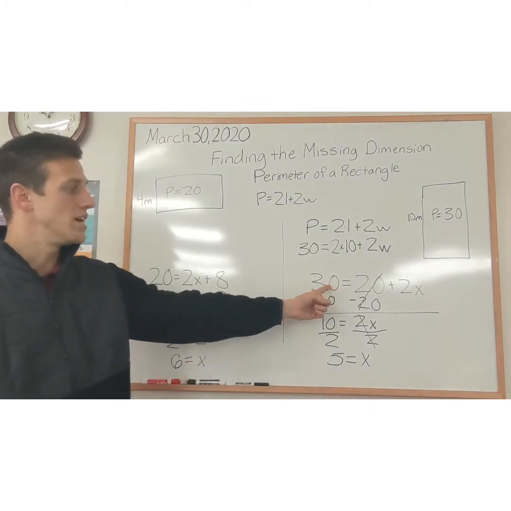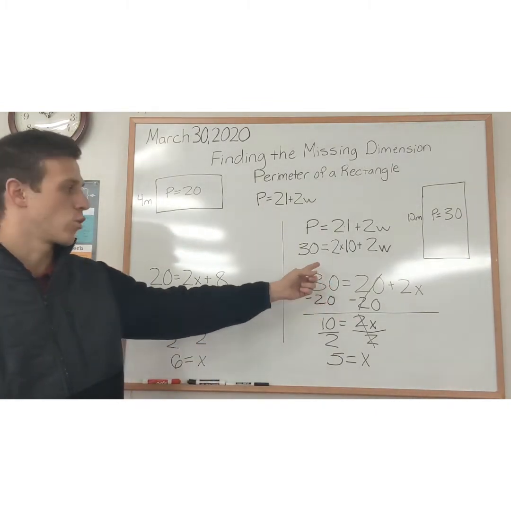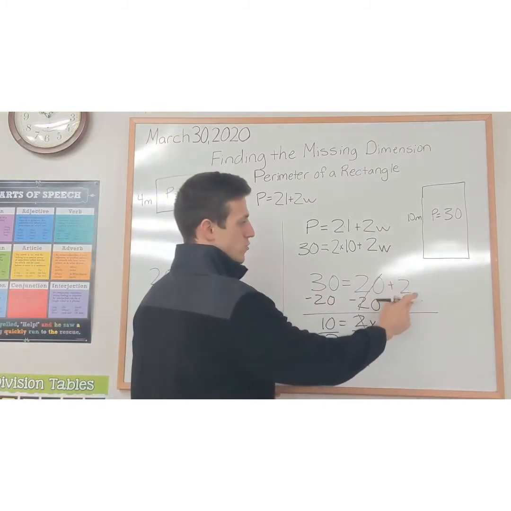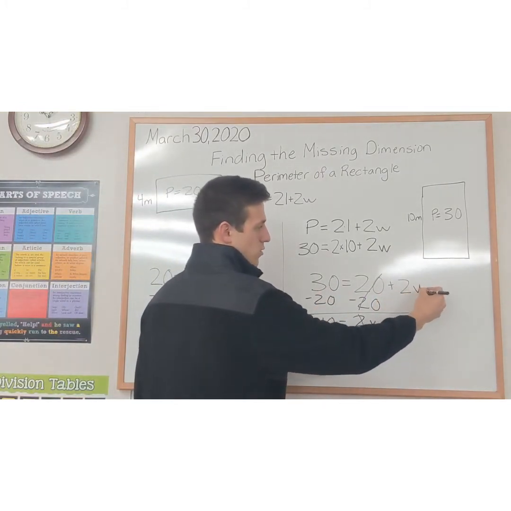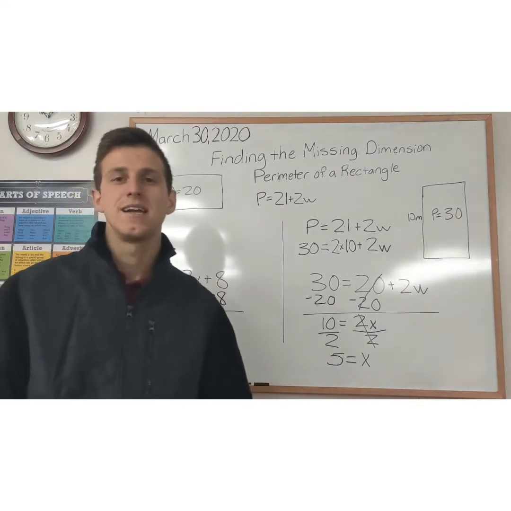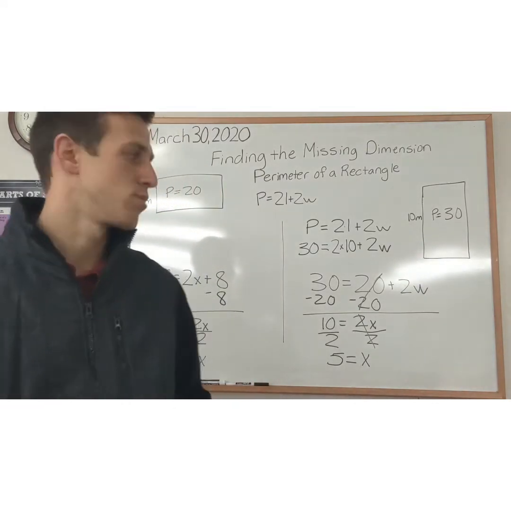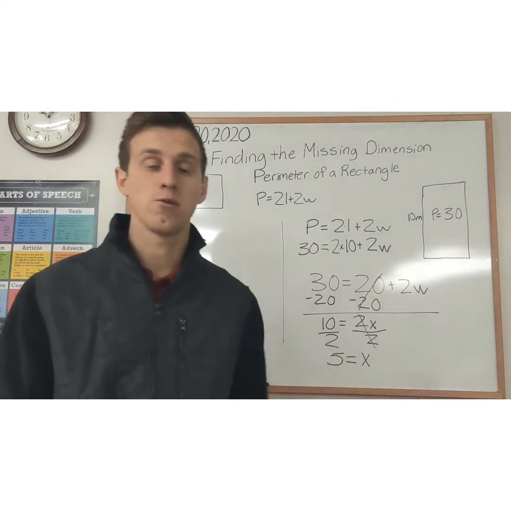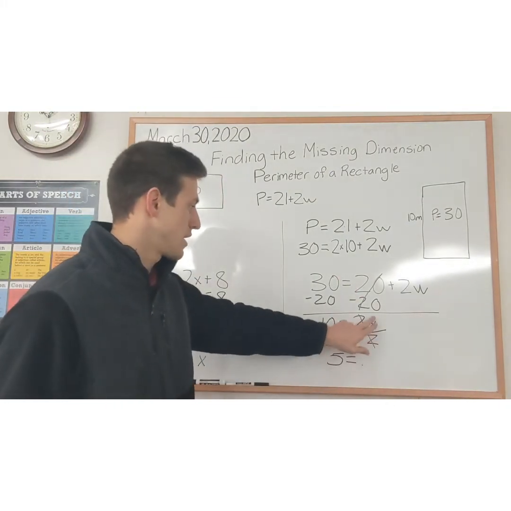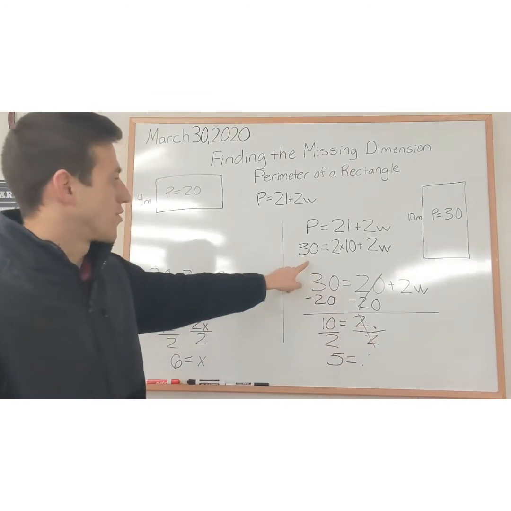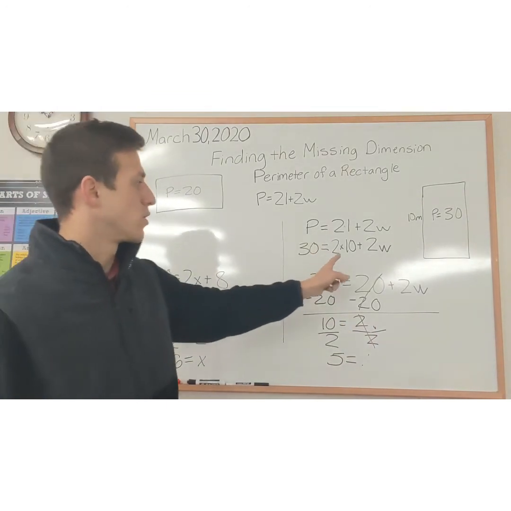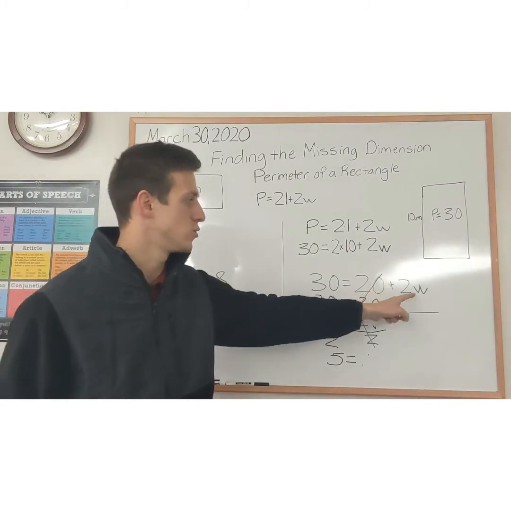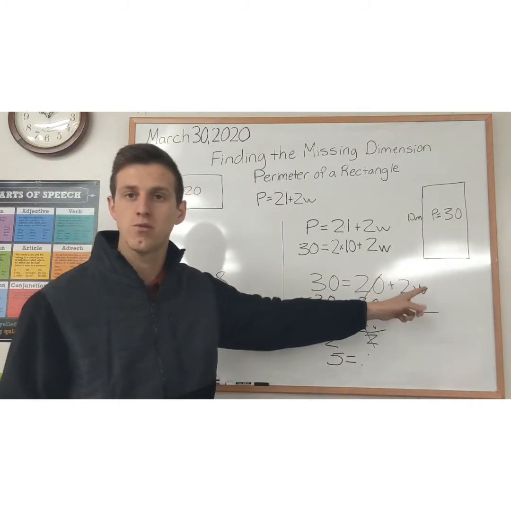Now, this is where we end up in the equation that I worked out earlier, except we're going to substitute our variable x, which stands for w. It doesn't matter which variable we use, but we're going to use W to help us know that it stands for our width that we're trying to find, all right? So down here, we have 30, we know our perimeter is 30. We go 2 times 10, which would be 20, plus 2 times our width,